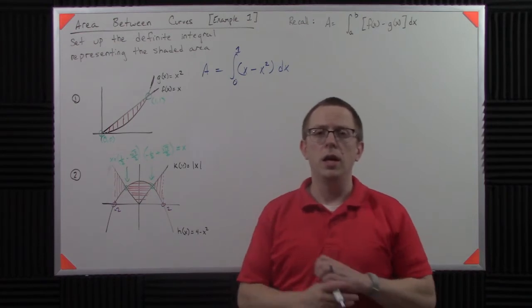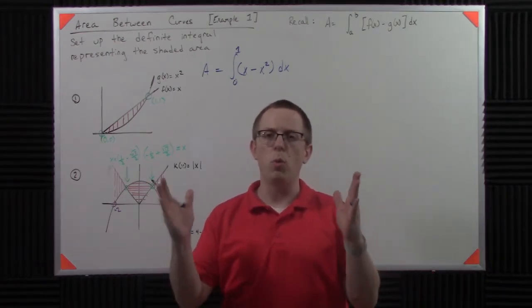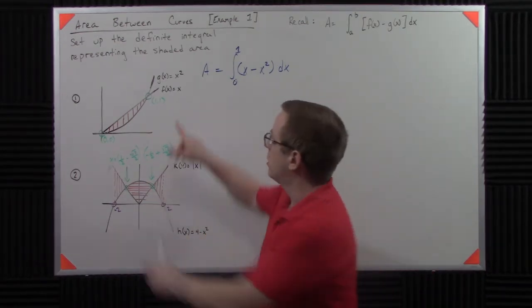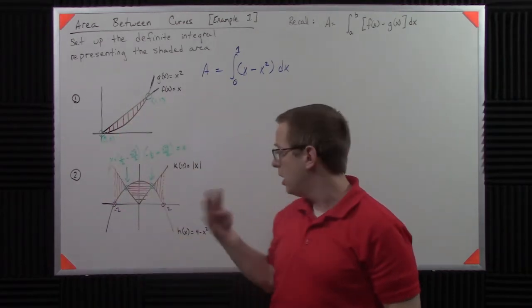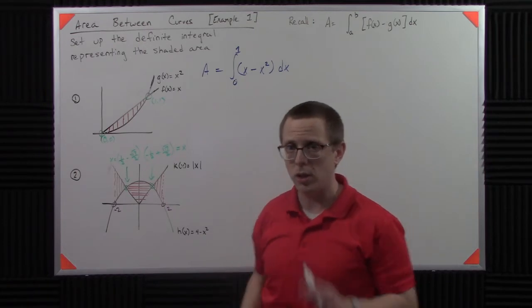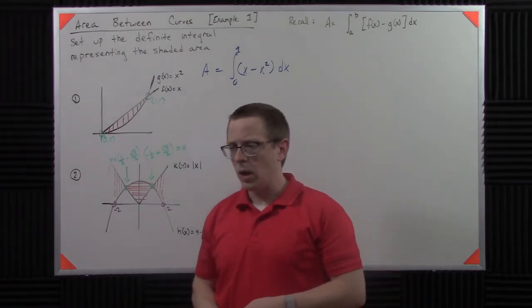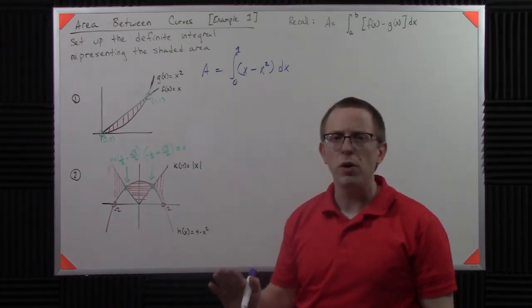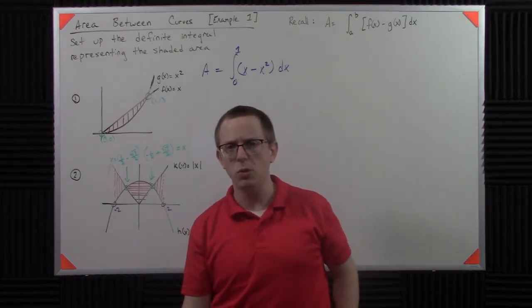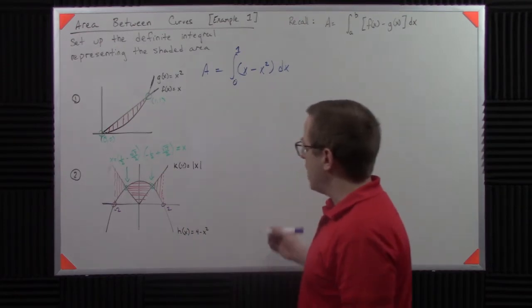Anytime you have n number of points, you have n minus 1 regions. Here you have 2 points, 1 region. If you had 3 points, you get 2 regions. You have 4 points, 3 regions. That's how it works. So what I've got to do is figure out which function goes on top, which function goes on bottom. So in this case, I've got to say, okay,